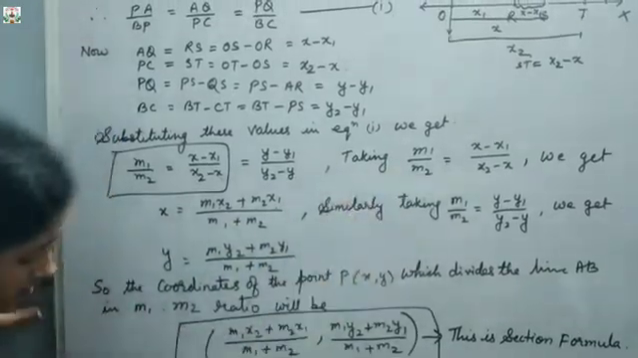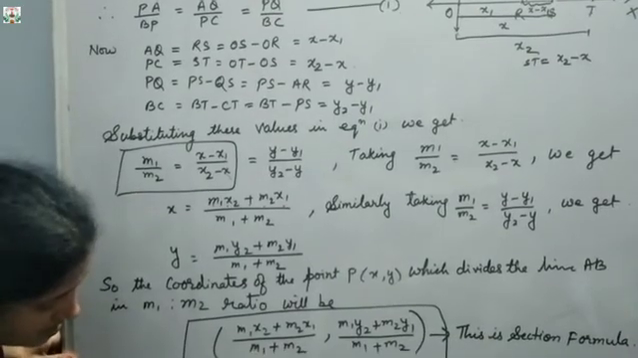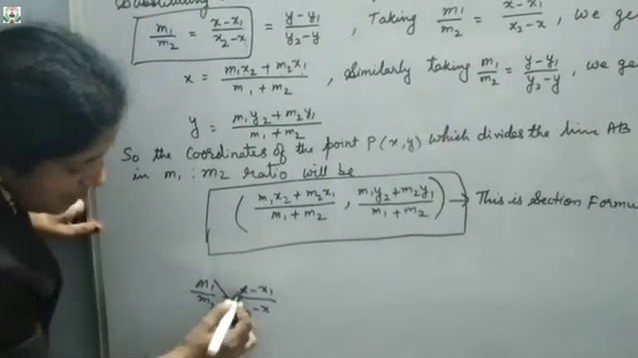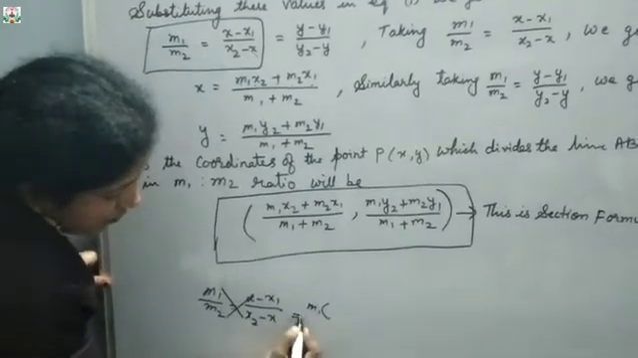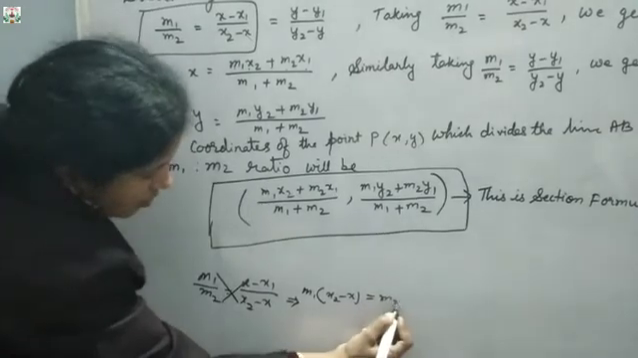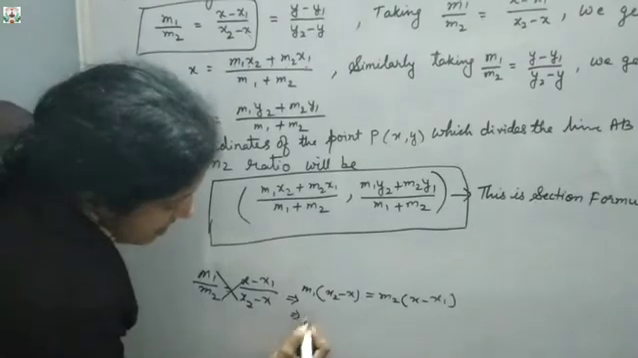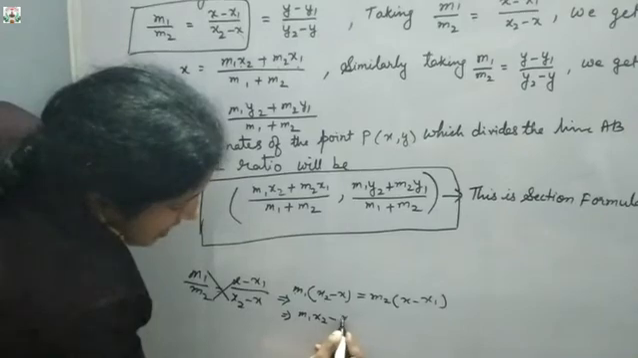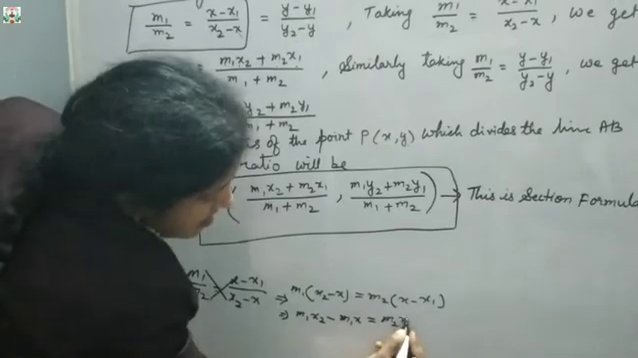See here, this is the work I am telling you. This is (x minus x1) upon (x2 minus x). Now cross multiply likewise. So what will you get? That is m1 into (x2 minus x) equals m2 into (x minus x1). Now cross multiply again, do this multiplication: m1 x2 minus m1 x equals, now multiply this, m2 x